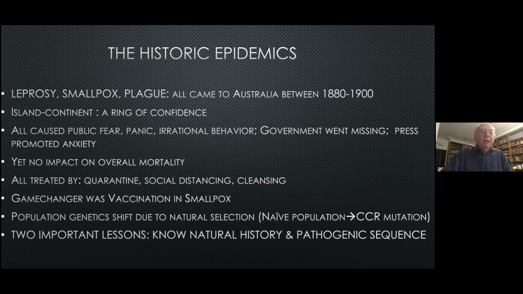We essentially have a ring of confidence. If we can control our borders, we control our access to these very nasty pandemic diseases. And we did that extremely well with leprosy, smallpox, and plague, except for small incursions. The point that I will make about all of these historic epidemics when they did come to Australia is they caused massive public fear, panic,